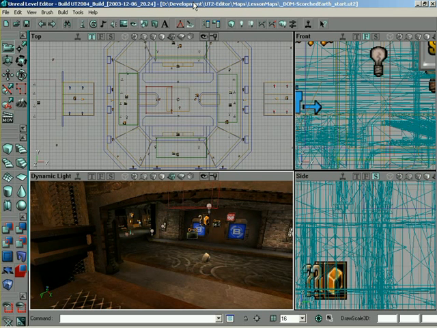Well, with level optimization, what we're going to be covering is a set of tools you have to control exactly what is being rendered in a level depending on where your player is standing. Meaning, if he's behind a wall, anything that you cannot see, and therefore is not necessary to be rendered, make sure that we don't render it. So if you have a mountain and then you have a castle behind the mountain, don't render the castle. If you're in a corridor and you have an arena to your left, don't render the arena